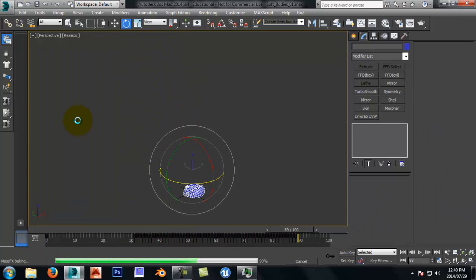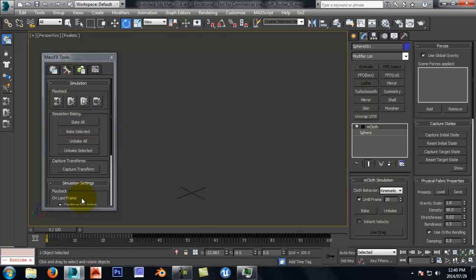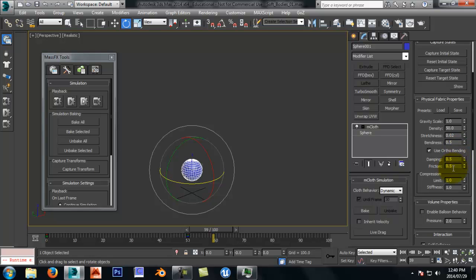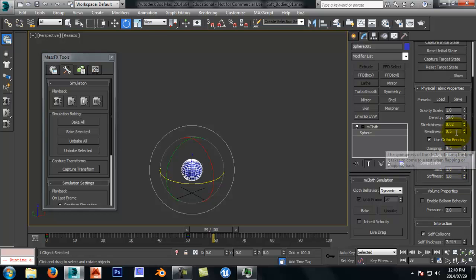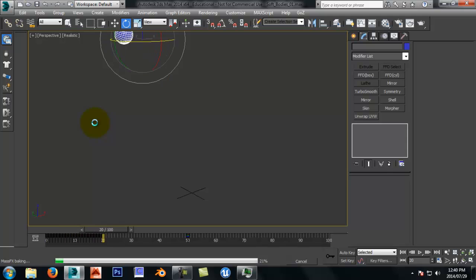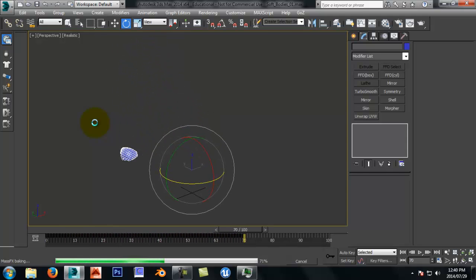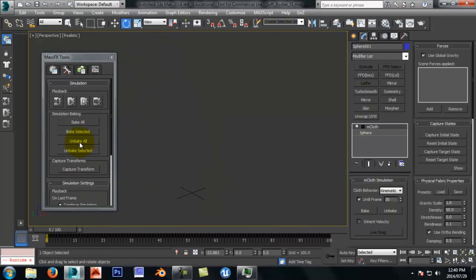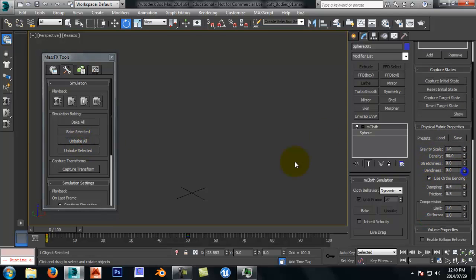Now, it did. But if you want it to be more bouncy, it's as simple as going, let's make it less like cloth and more like a ball. So I'm going to switch the, let's say, bendiness to 0.1. And stretchiness, I'm going to set it to 0. And let's try to do another test. Nope, still too bendy. And let's just zero it out. There we go. And bake it